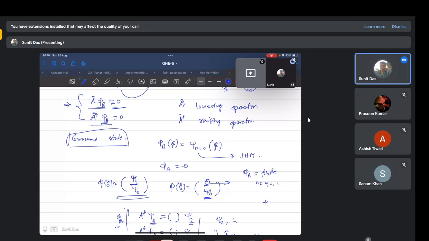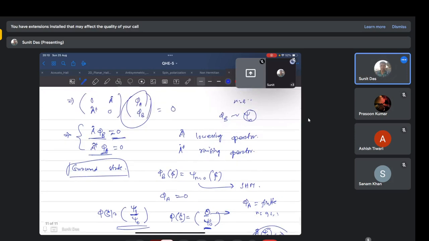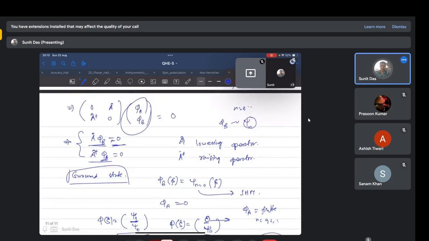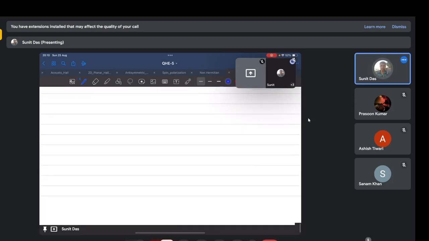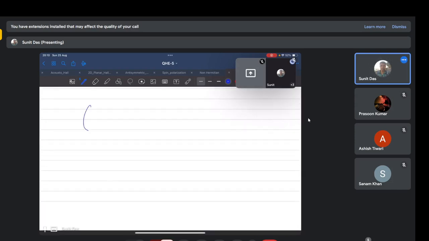Psi 0 is the lowest ground state for the harmonic potential in quantum mechanics, right? So if you apply this, it should be 0, which is true for the lowest ground state. Let me write it again: